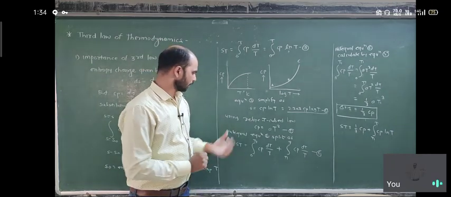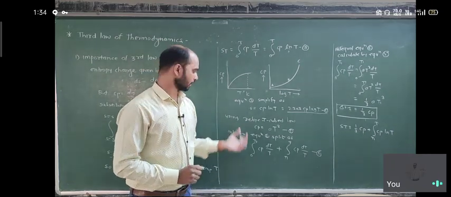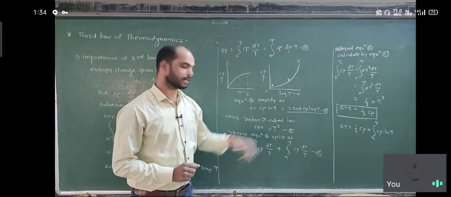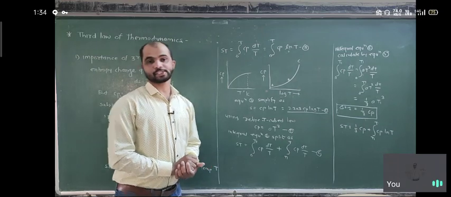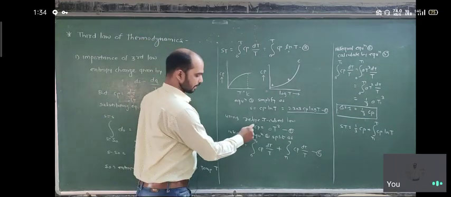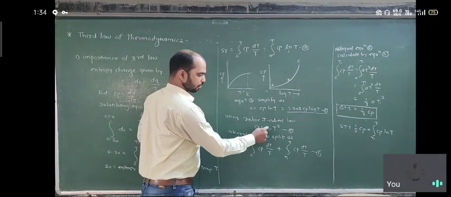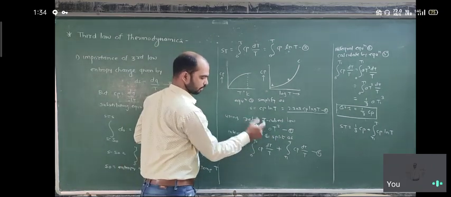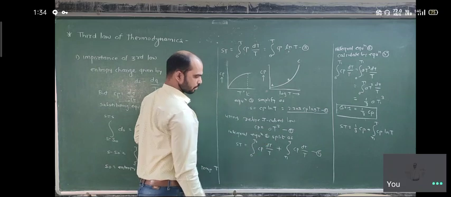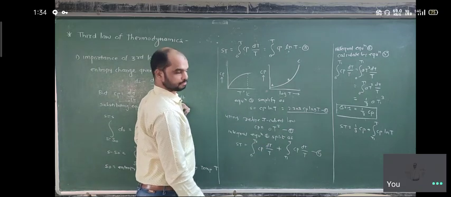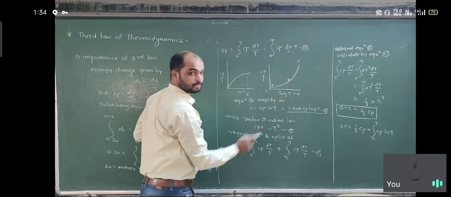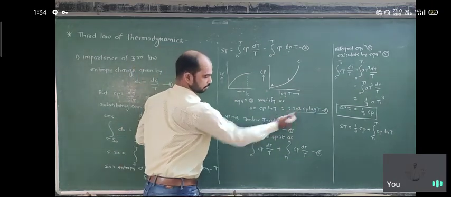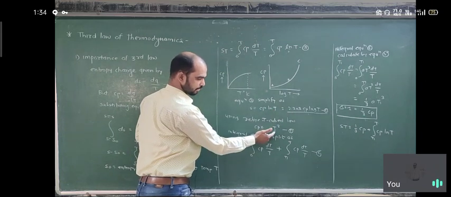So for that there is another equation which is used, the Debye T cube equation. The Debye T cube equation is introduced. According to this equation, Cp is equal to A T cube, where A is a constant. Since it depends on T cube, it is called the Debye T cube equation. So this is equation 5, which we use when we solve the integral of ln T.